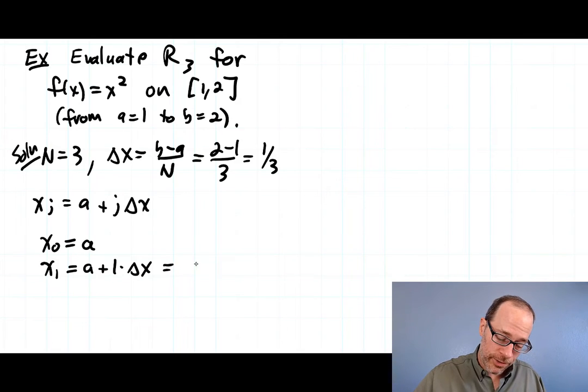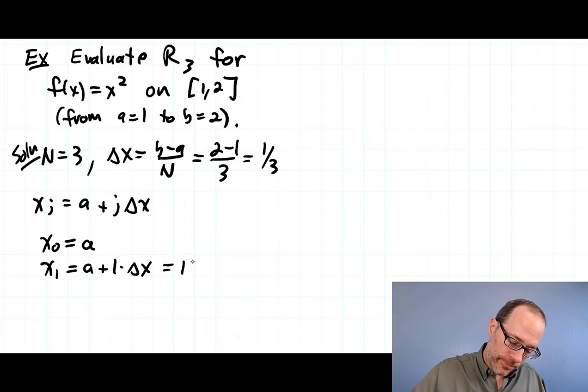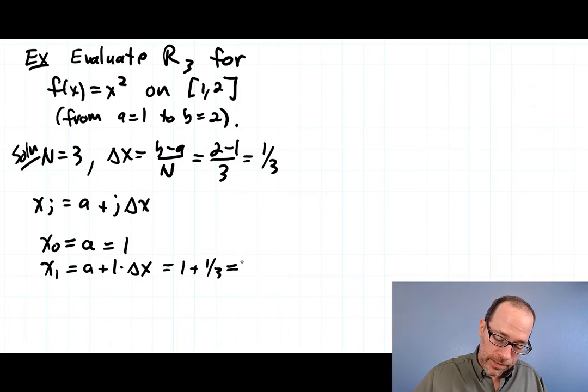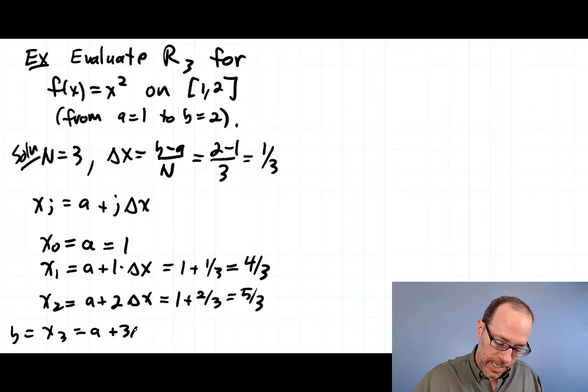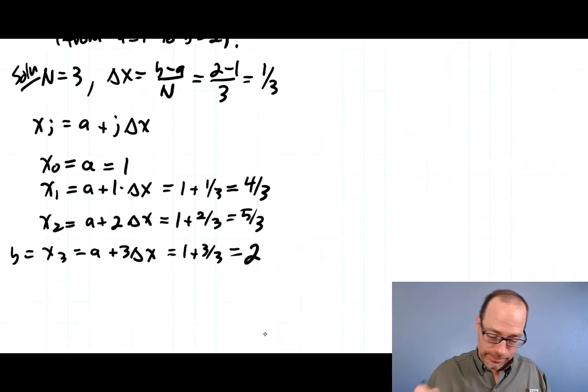So delta x is 1/3, and a was 1, so that's 1 plus 1/3, so that's 4/3. x2 will be a plus 2 delta x, so that's 1 plus 2/3, so we get 5/3, and x3, which has to end up being b, will be a plus 3 delta x. So that's 1 plus 3/3, which is indeed 2,